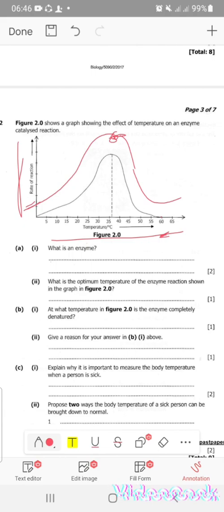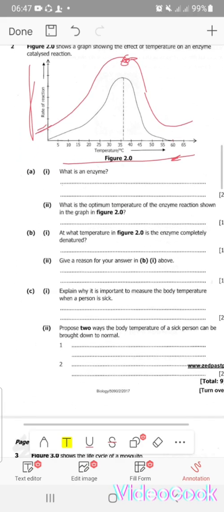Give a reason for your answer in B1 above. So it's because at 60 degrees Celsius, that is where the line graph representing the rate of reaction is completely flat. Okay. And then